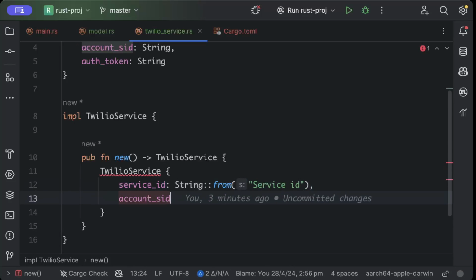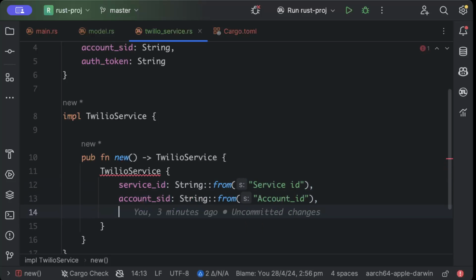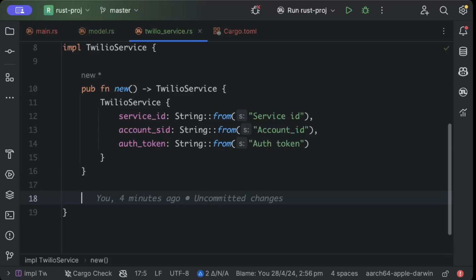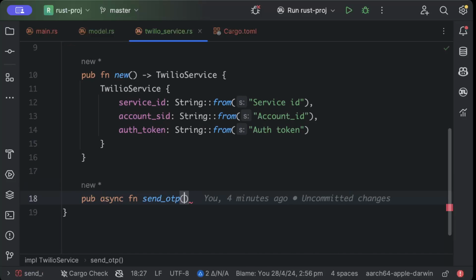Then you have account SID, which again make sure to copy and add, or you can create an environment file and store it in that environment file as well. So String::from auth token,